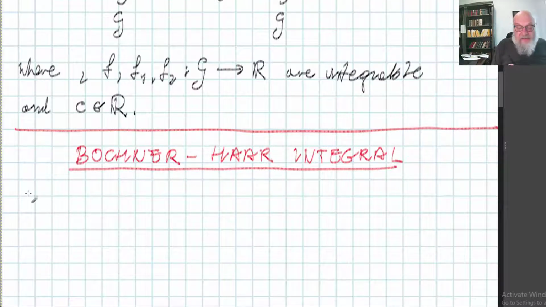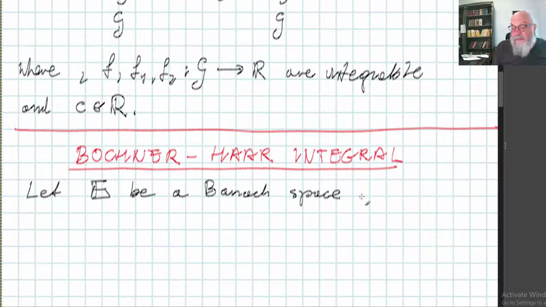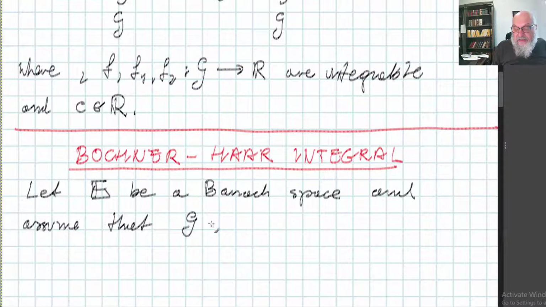So let us begin. This will be related to vector valued functions. Vector valued means in this case the functions will be taking values in a given Banach space. So let E be a Banach space and assume that G is a compact Lie group,